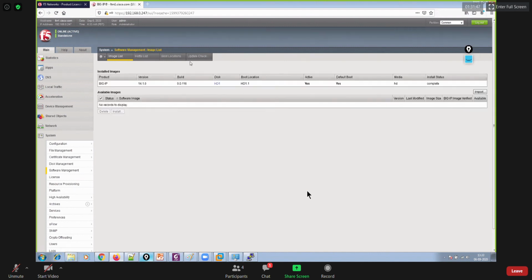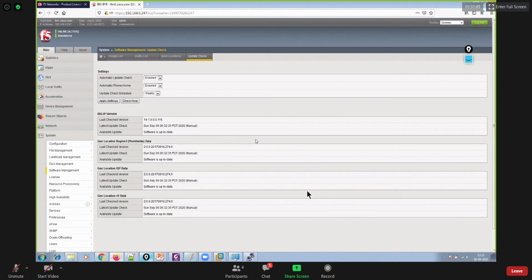So that's why I wanted to provide internet reachability to your box, to check this update. This is how you would check the updates in case your big IP is having internet access. At the moment, your big IP is having internet access, so that's why we were able to check this out.